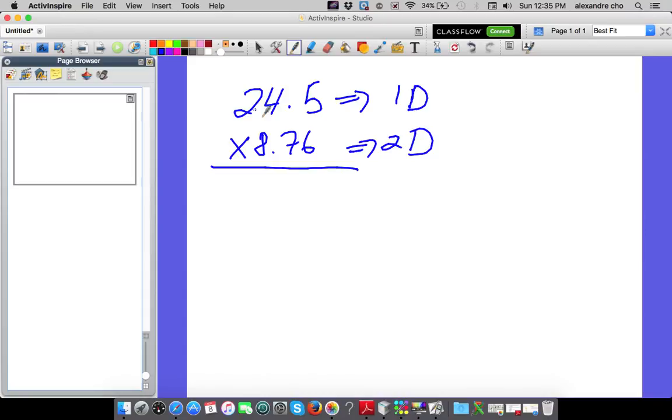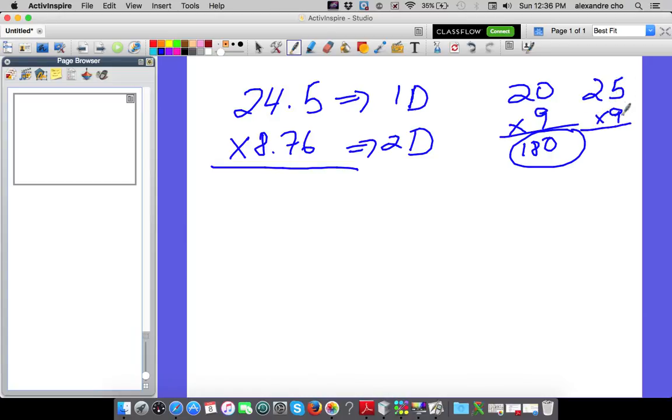If you want to estimate, you can. So 24.5, I can estimate, pick a friendly number. Let's make it 9. And then here, 8.76, I would make it around 9. If I multiply these two, which is very easy to do, I get 180. So my answer should be close to 180. If you want to make 24.5 into 25 even, which is probably better actually, times 9, 9 times 5 is 45, carry the 4, 18, 22. So this one will give you a better close answer, especially because